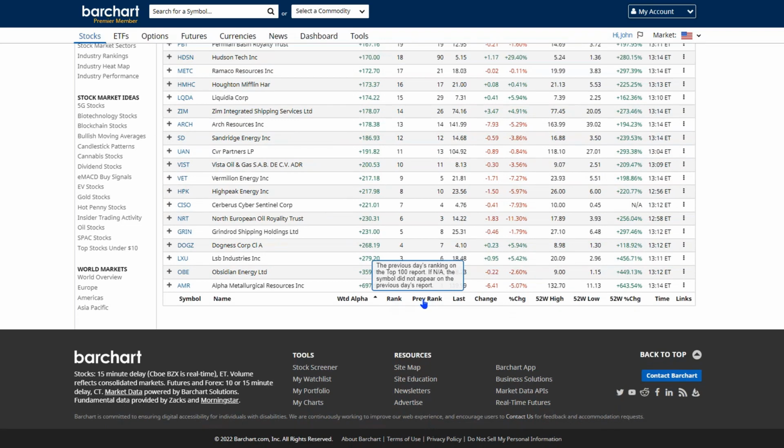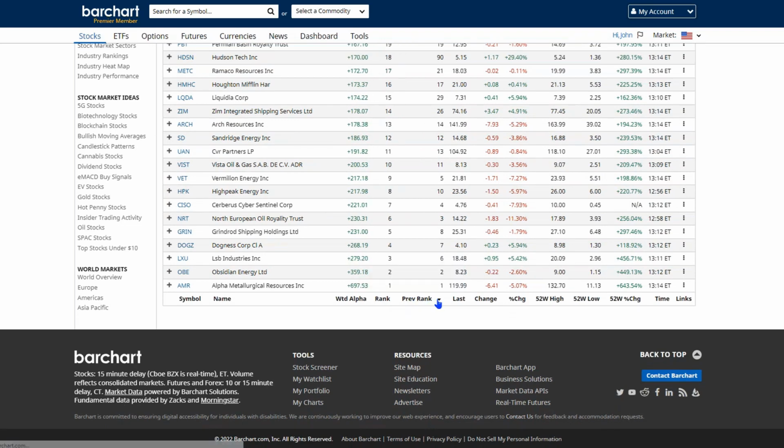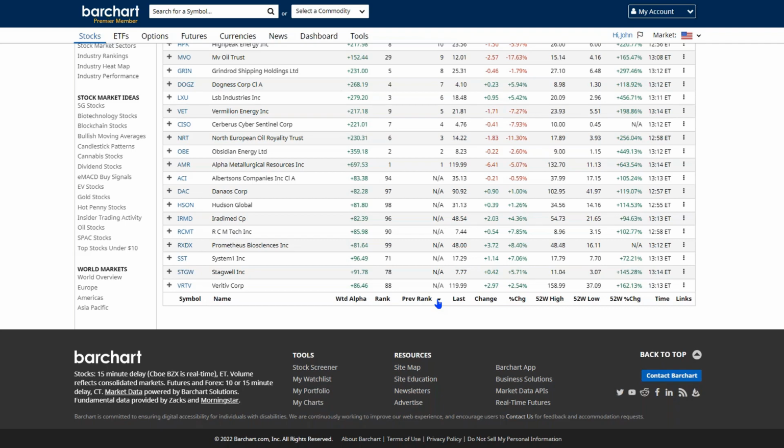And I'm going to go here where it says previous rank, and I'm going to click on that. What I want to look for at this point is these NAs. Now, what does that mean? Well, that means that they were not on the list as of yesterday, and that today they're on the list. So I'm going to start looking at the ones that are starting to pop onto our top 100 list. And I'm going to start thinking about, are these some of the stocks that I might be interested in? Or do they represent a sector that I might be interested in? Or are they part of a market trend that I might be interested in